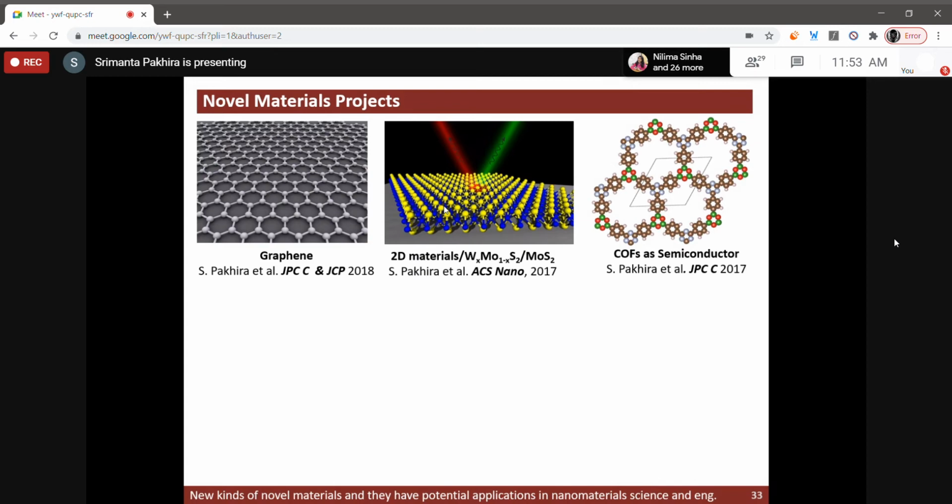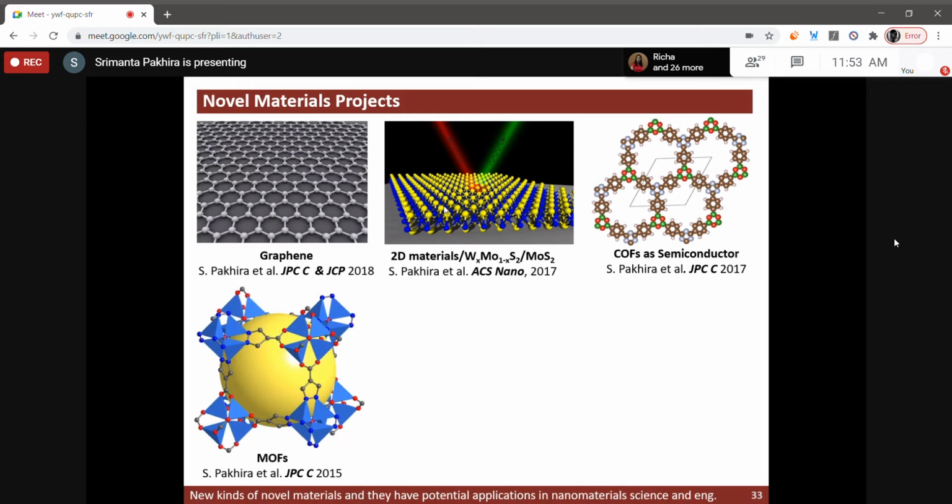This work I did using simple density functional theory in 2017, and you can see that journal quality is also very important. JPCC, JCP, ACS Nano, JPC, these are very good journals in our materials science and engineering. Then I worked on metal organic frameworks, where, as I mentioned, we developed force field parameters. It was not easy, as I discussed a little bit today about the force field parameter part. In that case we did the work just to develop the parameters,